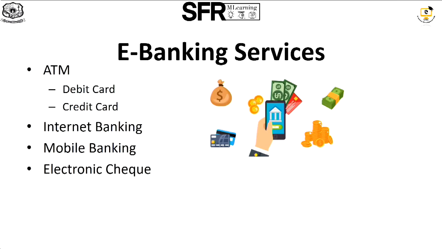So, e-banking services. The four main categories of e-banking services start with the automatic teller machine, which works under the debit card and credit card. Basically, the automated teller machine works on debit card processes. We can transfer money, withdraw money, and deposit money using the ATM. In case of a credit card, cash transactions are limited by certain restrictions, but the services similar to those of a debit card can be availed by a credit card also.